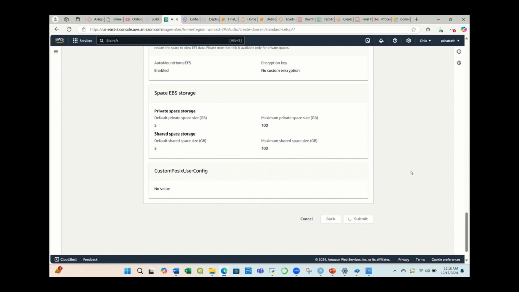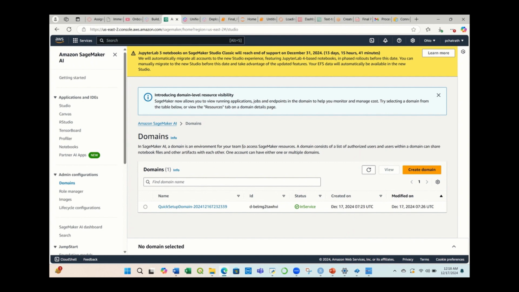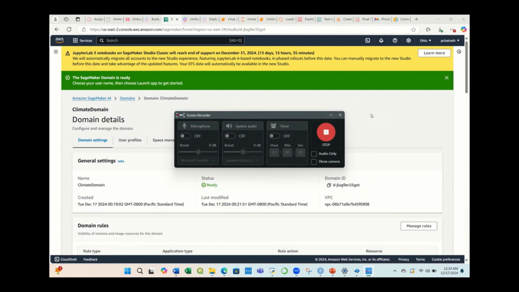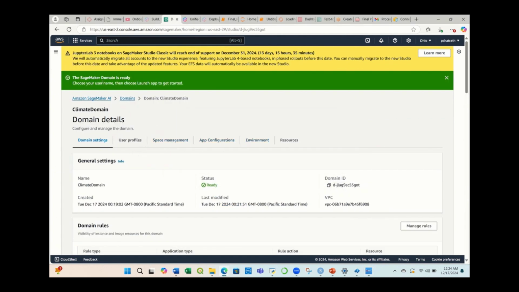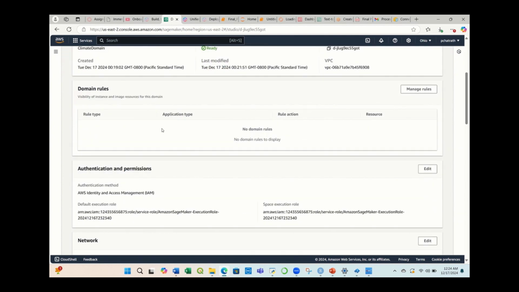And let's configure the domain. This takes several minutes to get configured, so you might have some time to get some coffee. All right, so the domain is created,